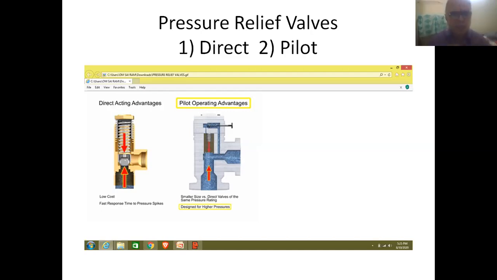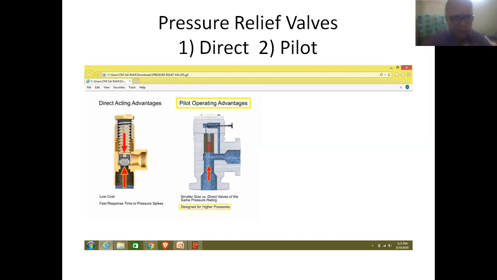So this is the difference between the arrangement of these valves. They are used for small and medium operations for handling abnormal situations. And this combined valve is used for large and very large operations for handling very abnormal situations.